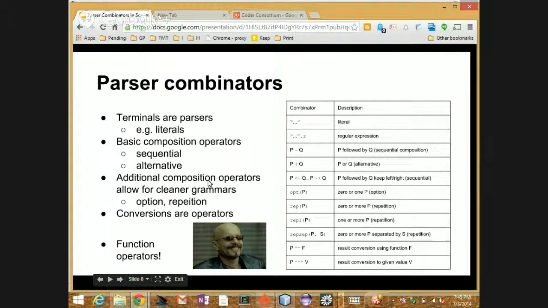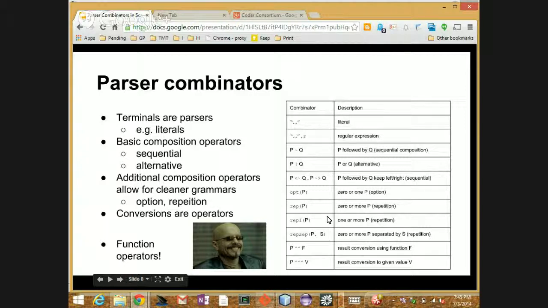But there's actually a bunch of other ones that you can have that I believe you can build everything on top of those too. But these other ones make it easier, make it simpler to declare your grammar. They are things like options. So an option is either none or one of something. You spell it repetition, so you can have 0 or more. So I'm talking about the list on the right. So repetition is 0 or more.